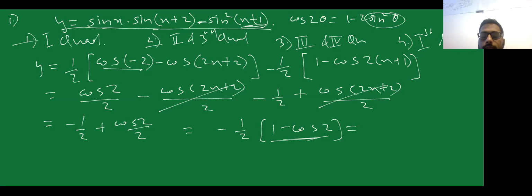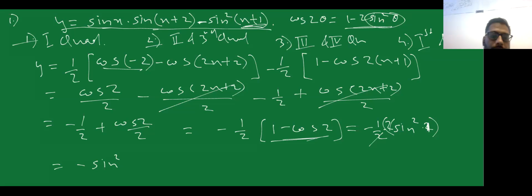This looks like the 1 minus cos 2 theta formula. 1 minus cos 2 theta is 2 sin square theta. So that would be 2 sin square theta, where theta in this case is 1. So the 2 and 2 cancel out. So the final answer is equal to minus of sin square. Okay, it should be theta, so sin square of 1. Minus of sin square of 1. So this is my final answer.